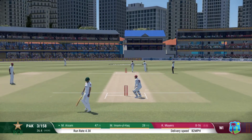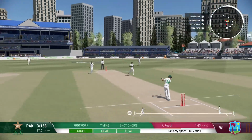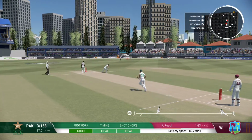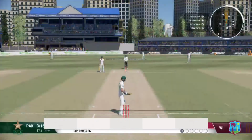I don't think there was any bat on that as they come through. Nice shot. Runs possible. And that brings up 50 runs for this batsman. They haven't messed about. Brings up...